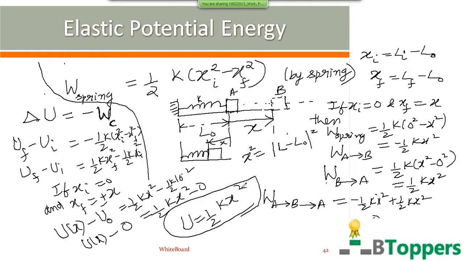Whether you take x positive or negative, x square is positive. K is the elastic force constant in the spring, which is always positive. So elastic potential energy stored in the spring can never be a negative quantity in any problem we discuss in future. So elastic potential energy stored in the spring is always greater than or equal to 0. The elastic potential energy stored in the spring will be taken as 0 when the spring has its natural length L0. That is when the elastic force by spring is 0.